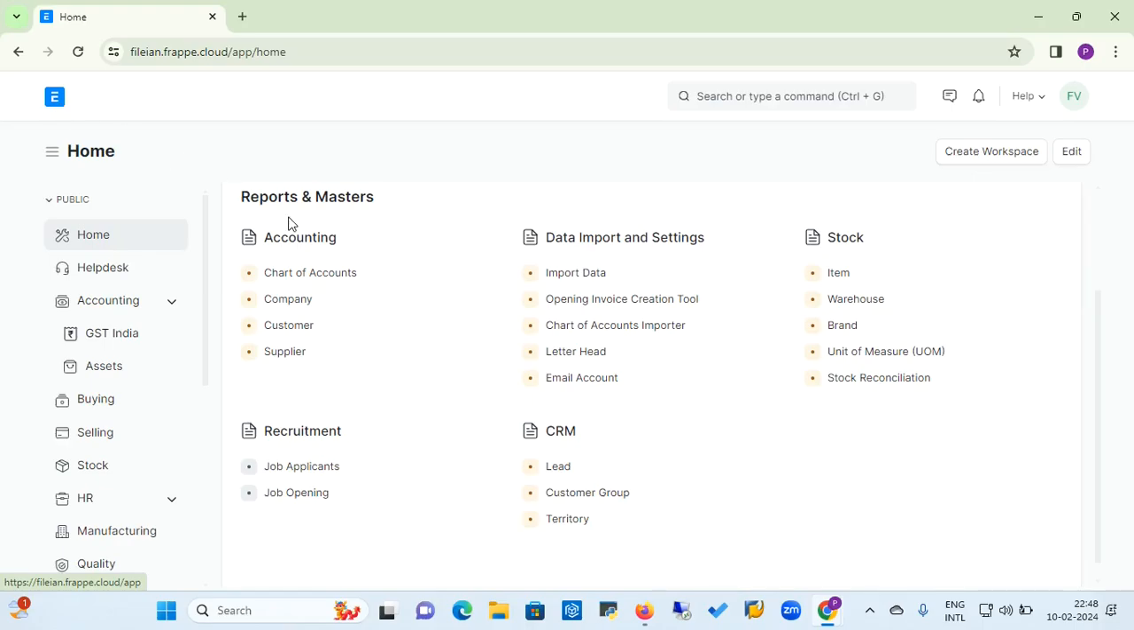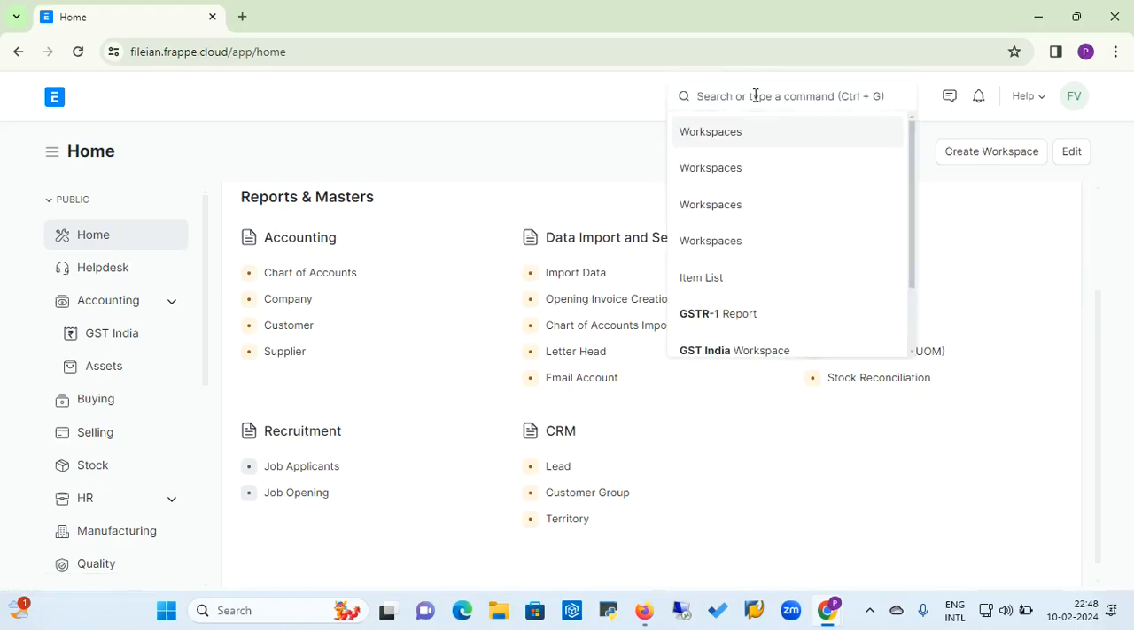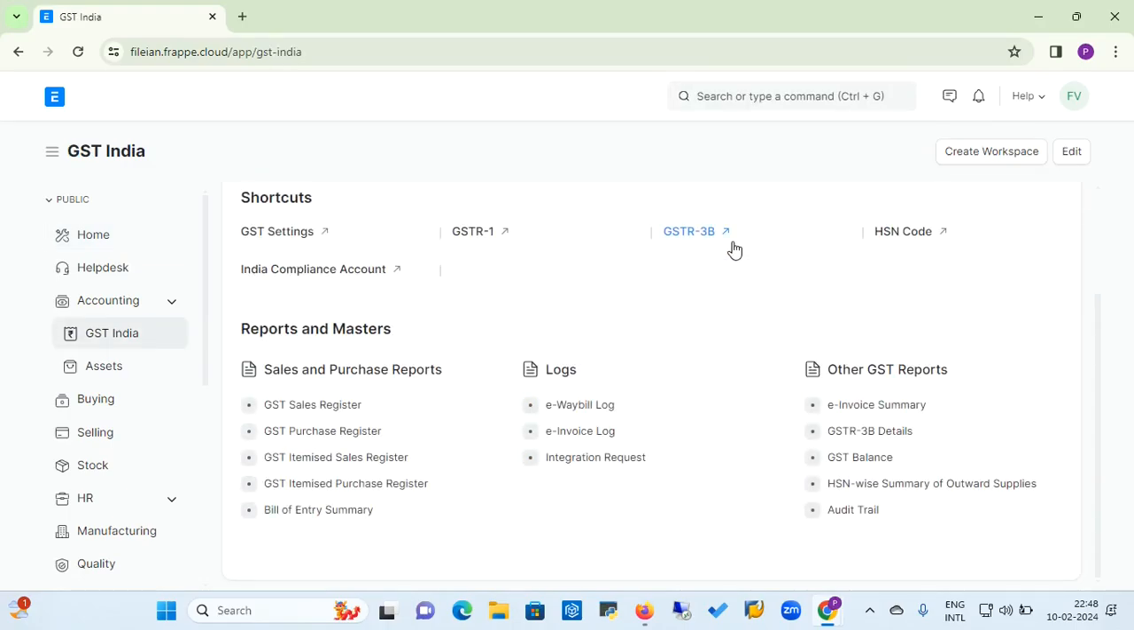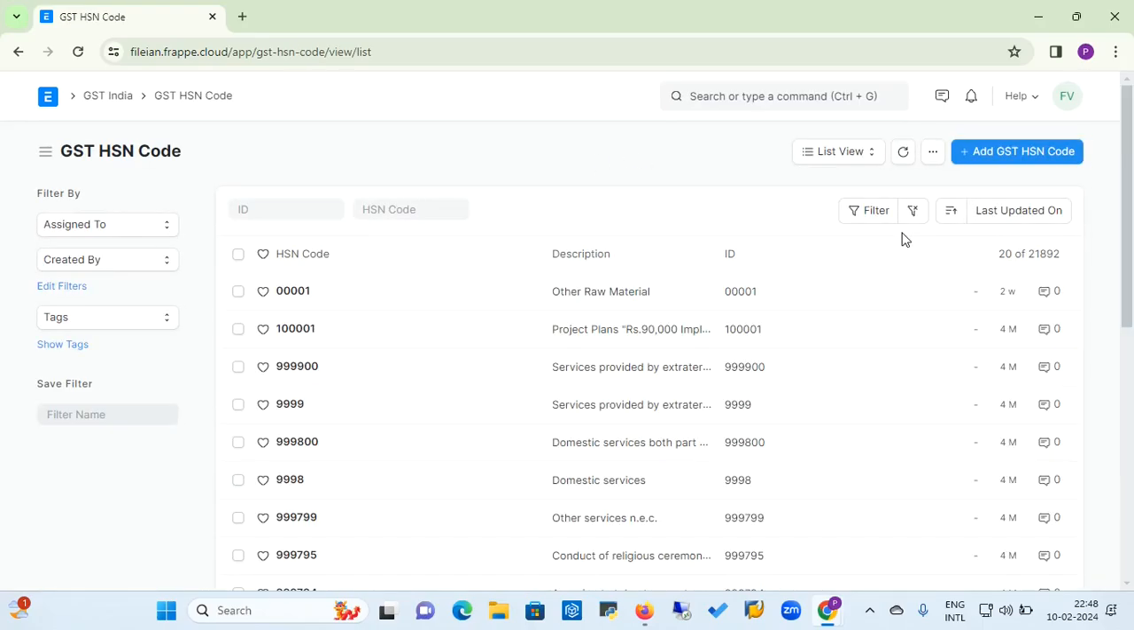account. So go back again to the GST India command, and similarly to GSTR1, you can view the GSTR3B, and you can view the HSN code wise summary as well. These are the HSN codes. If you want to add any HSN code into